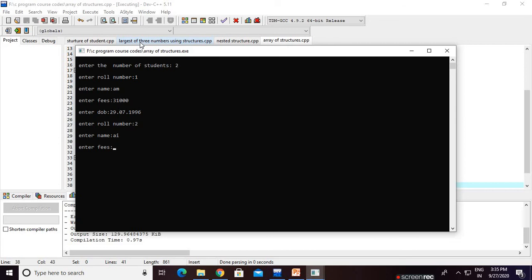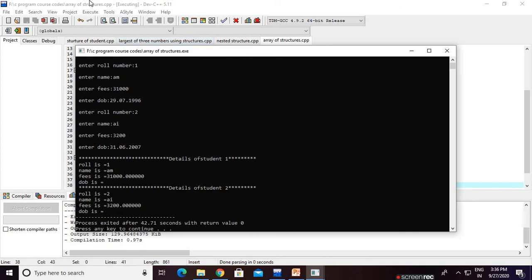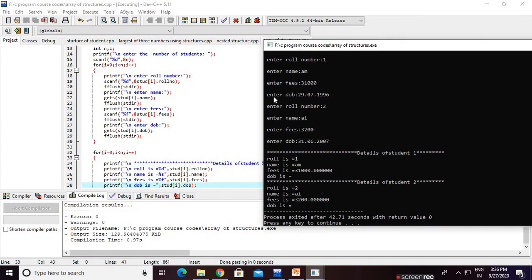Name is AI. Fees is 32,000. DOB is 21.06.2007.